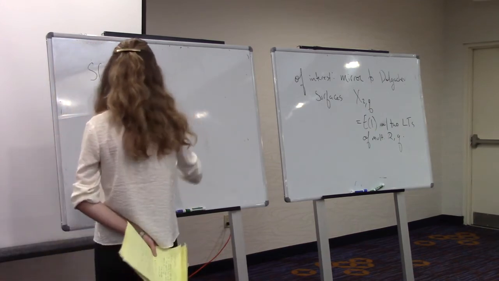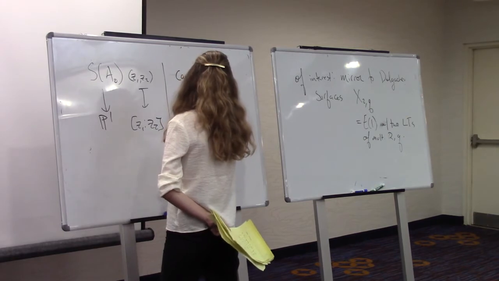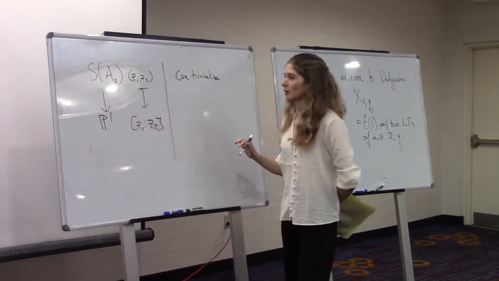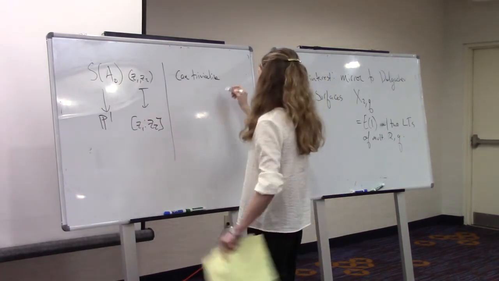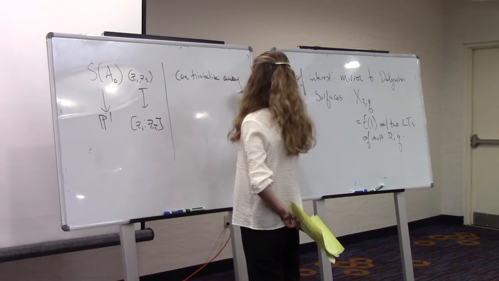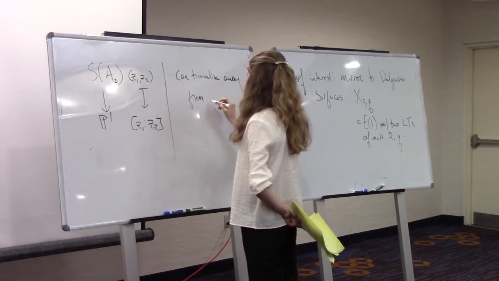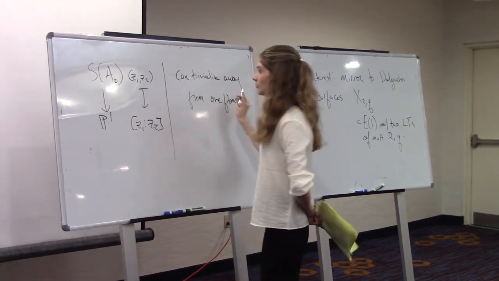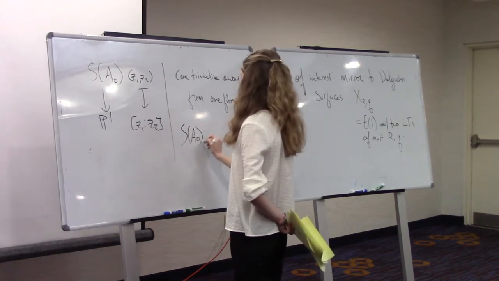And we can trivialize this over the two copies of C that you get. So we can trivialize this fibration away from one fiber. And if you do this twice, what you obtain is that